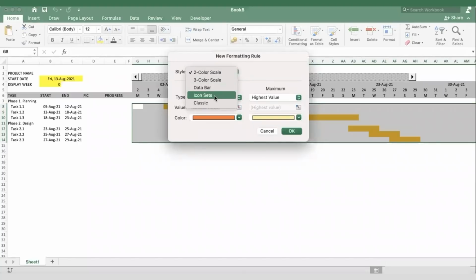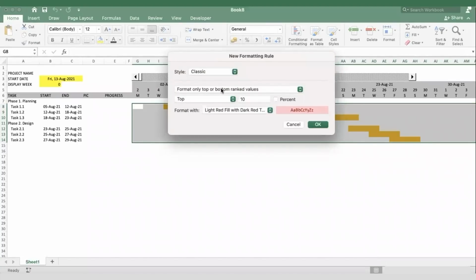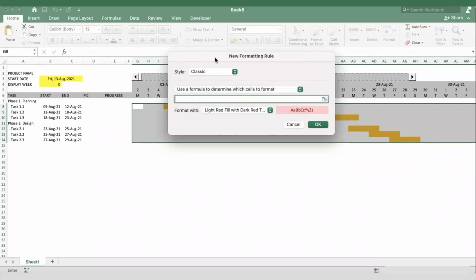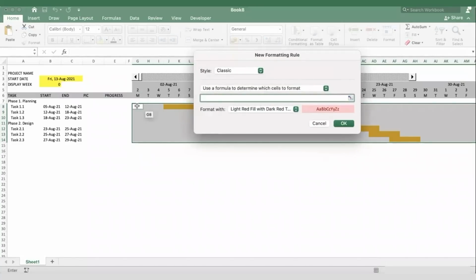We need to set a rule that compares, so use a formula, and then let's set a rule that compares the date to the date today. If it is true, then we will put a border, the two vertical borders, to that particular column. So let's compare this to the date today. We'll use the function TODAY, and we'll make the row,